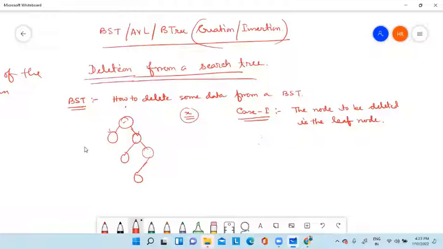Suppose I have a tree and I'm drawing dotted lines. Suppose this is the father, and the next one, this is the node. So this is the node to be deleted. Suppose the value is 5, and suppose this one is 10. After all your searching, you have stopped at this position, correct? Now I have to delete this node.